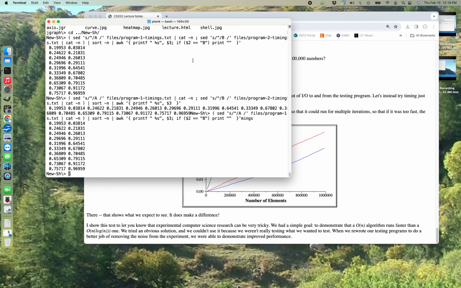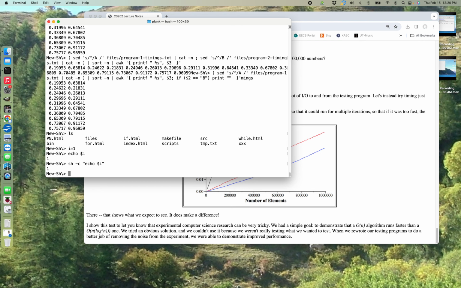What am I doing? Oh, environment variables. So you can set an environment variable, like I equals 1, and then I can say echo I. Now, if I say... I'm not sure if this is going to work. Echo I. Oh, there we go. Oh, no, that's not going to work either. Sorry.